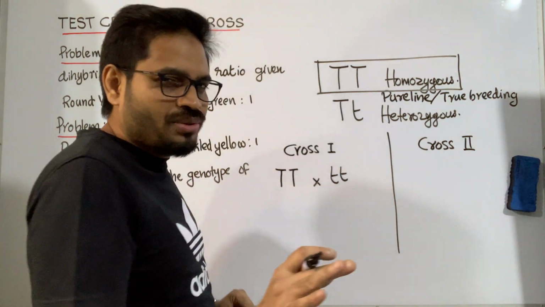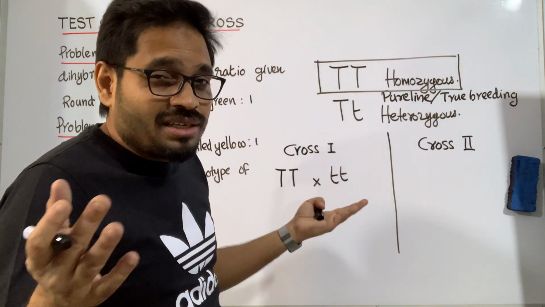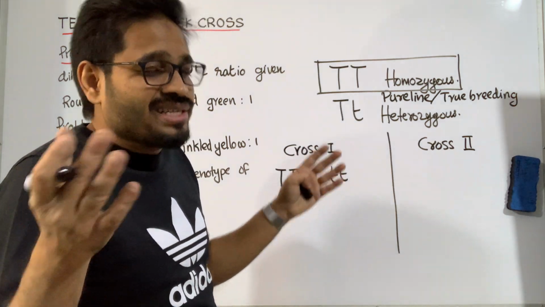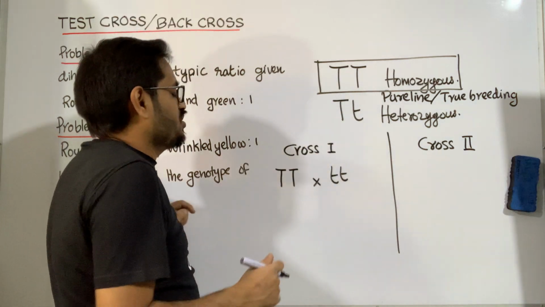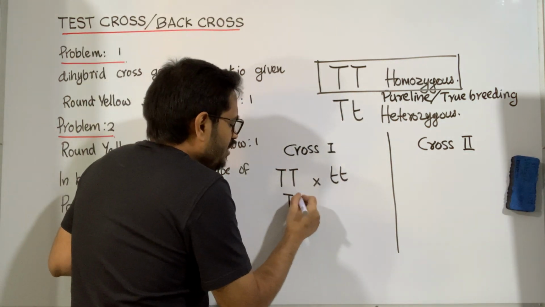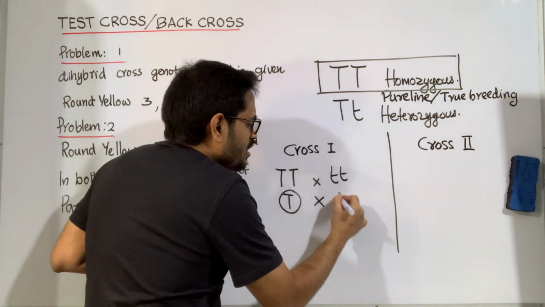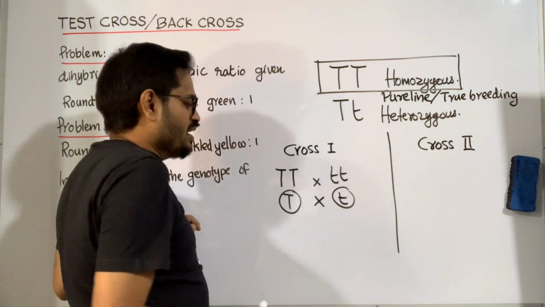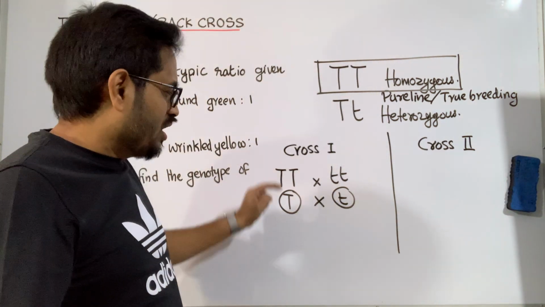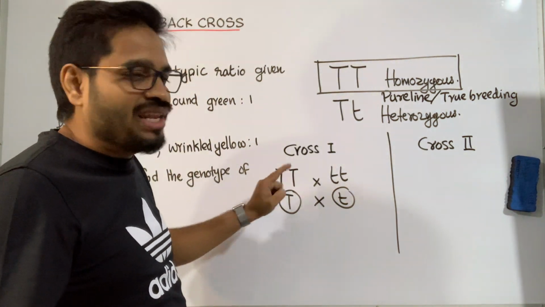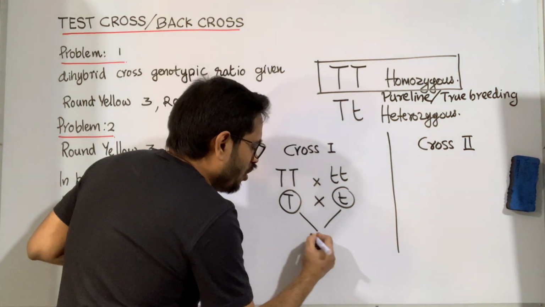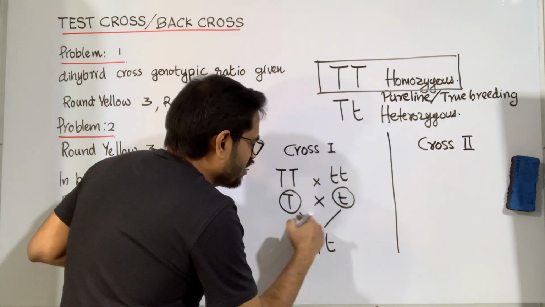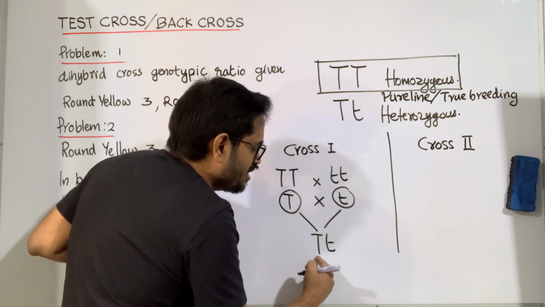Alright. So, he doesn't know whether this plant is homozygous, meaning capital T capital T, or capital T small t. He doesn't know. He's going to find that out. How? Let's check. Now, if we work out this cross, these are the gametes they are going to make. And as you know, the gametes must have only half the letters of the alleles. Alright, and the F1 generation, all the offspring he got from this, will have a capital T and a